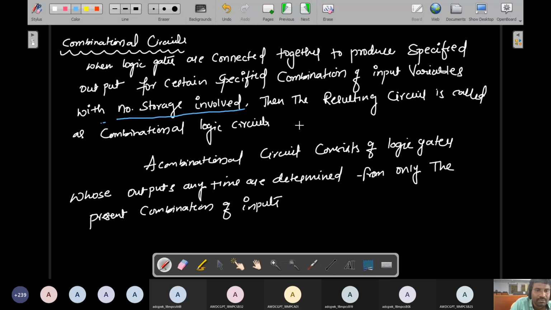In a calculator you give 2 plus 5 as the inputs. Plus means addition, so a logic operation, the addition operation, will be performed. So 2 plus 5 is equal to 7. Finally you get the sum of the two numbers, which is visible on the display. Whatever combination you give, it selects the inputs and finally gets only the selected output. That is the concept of combinational logic circuits.